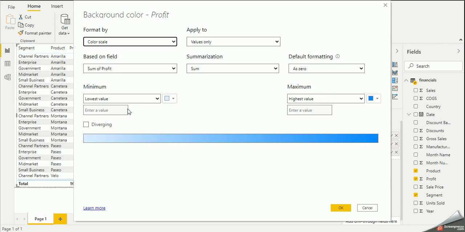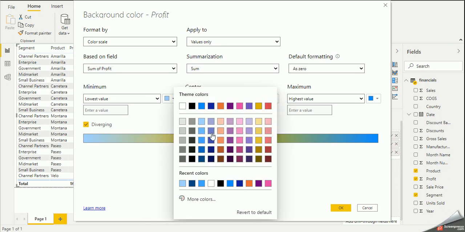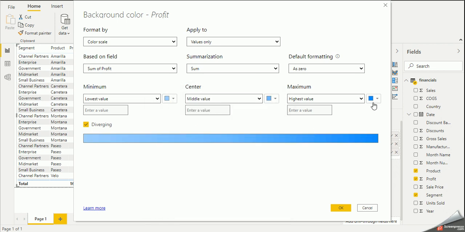If you want a middle color as well, you just select diverging, and you can select a low color, a medium color, and a high color over here. When you press OK, it will apply the colors according to the value, the increment or decrement of the size of the value.